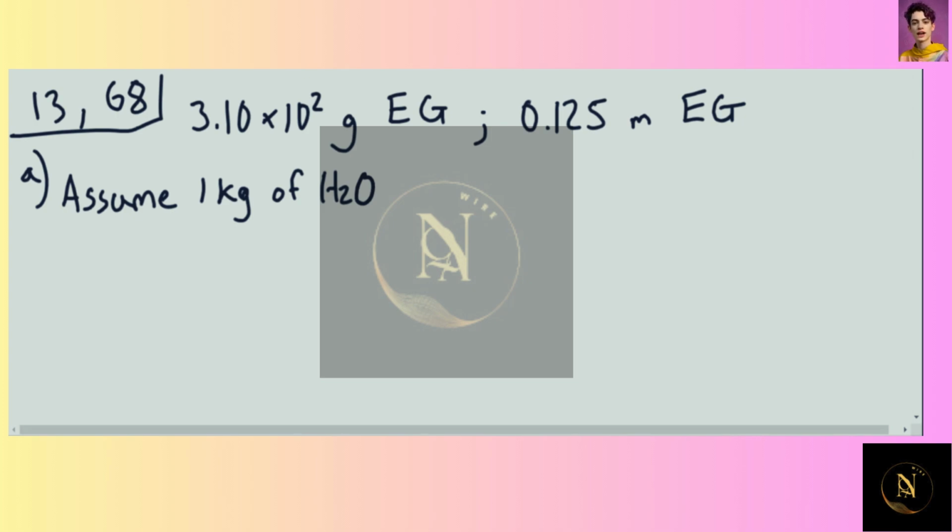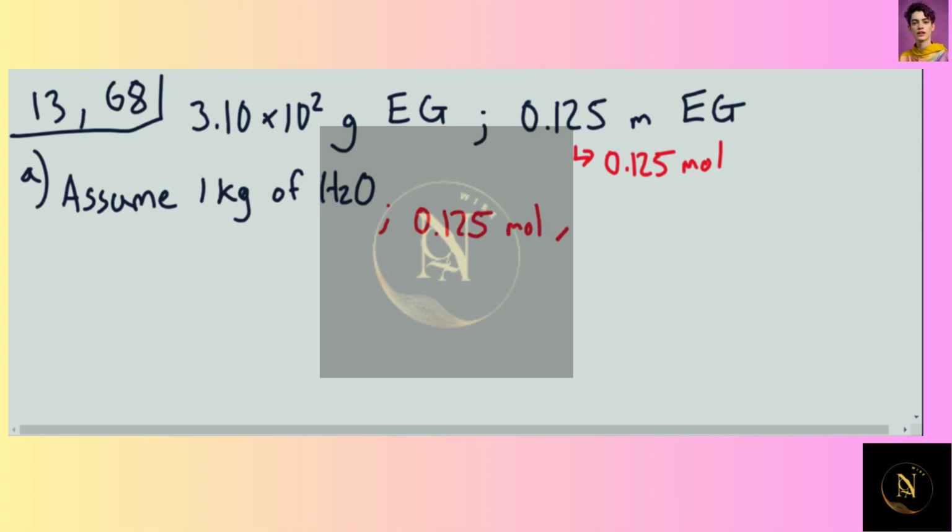So if there's 1 kilogram of water, that means that this 0.125 molality is also equal to 0.125 moles, because molality is moles per kilogram, and if it's 1 kilogram, that means there's the same number of moles. So 0.125 moles